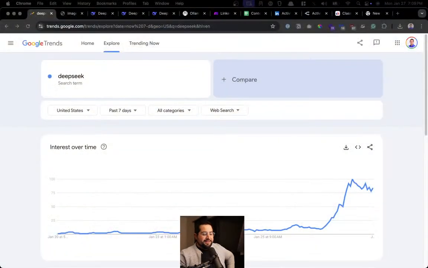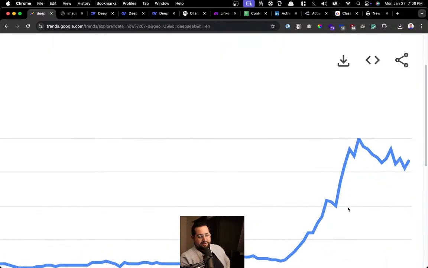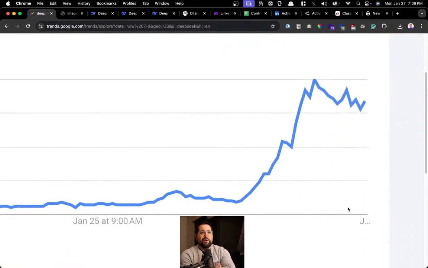So DeepSeek is actually like an investment firm's side project in China. It's their side project, and we're going to get into basically what it is. The reason why DeepSeek is so popular right now is because this really has to do with closed source, like ChatGPT and OpenAI, where everything's closed and proprietary, versus open source. That's the main thing.